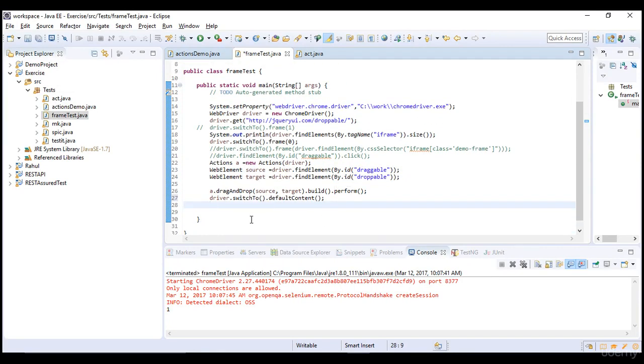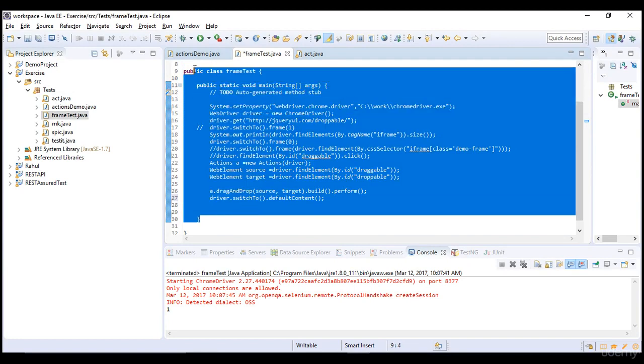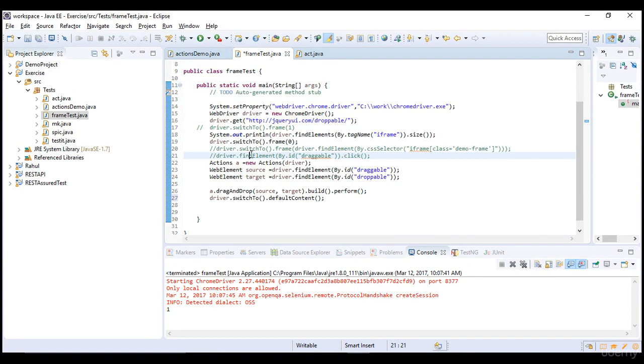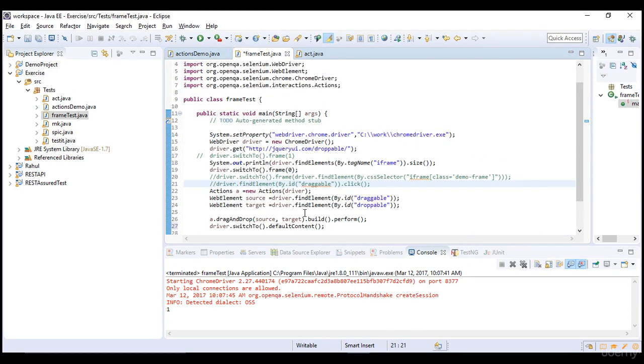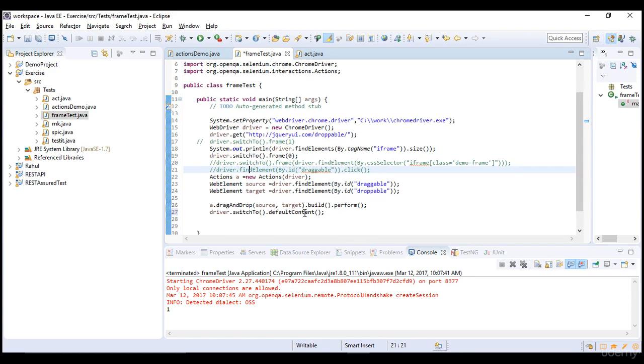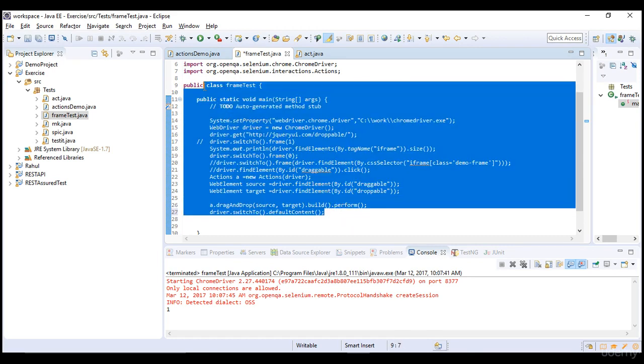We will do one end-to-end practical example on frames in a separate section later that involves multiple frames, and that's a little bit complicated, but I have dedicated one entire section to discuss that, right? Hope you got a clear idea on actions and frames, and that gives you real boosting knowledge towards advanced Selenium.